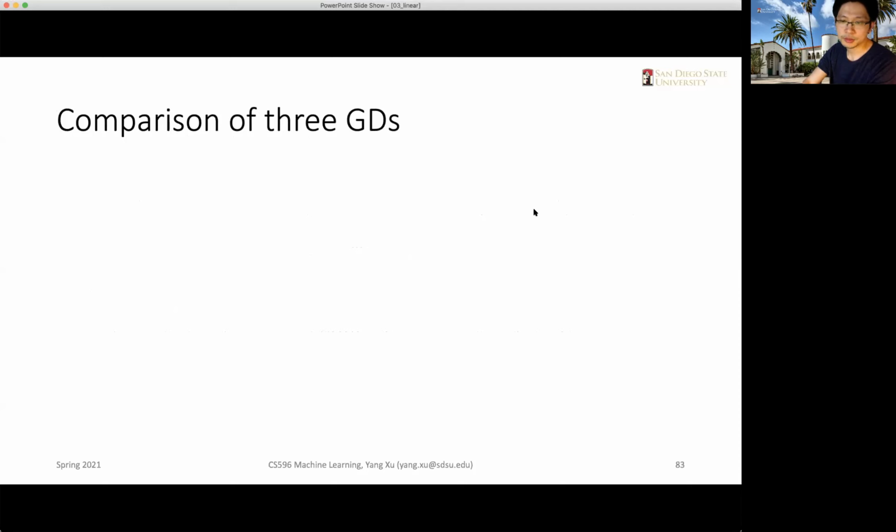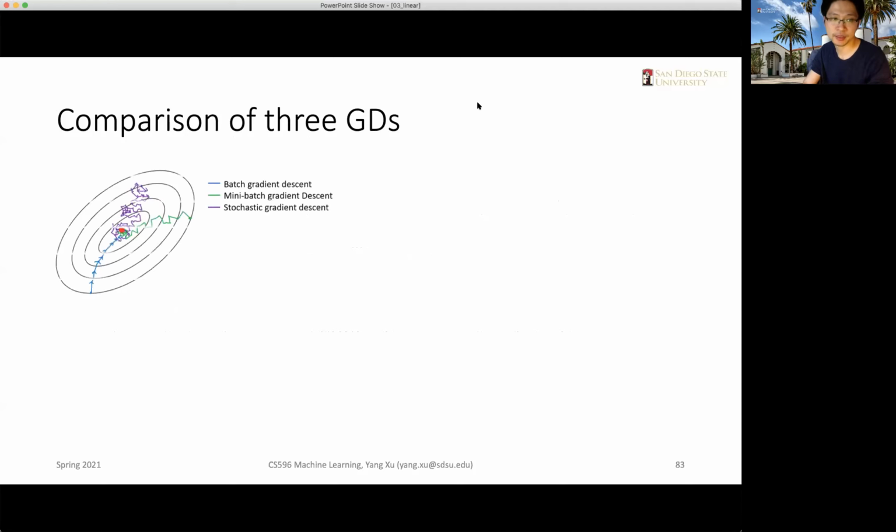All right, so if we compare the three gradient descent methods, and if we imagine or draw how we are approaching the minimum points in the parameter space, you can think of the batch gradient descent in the blue color. It's basically